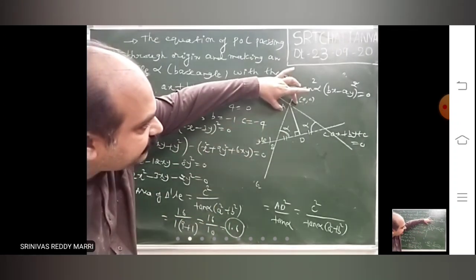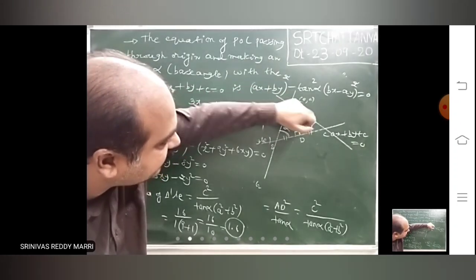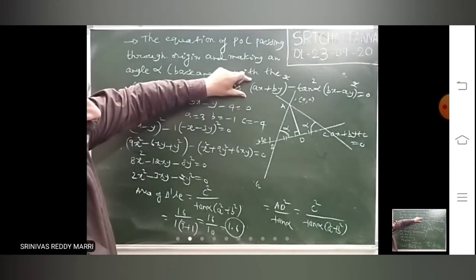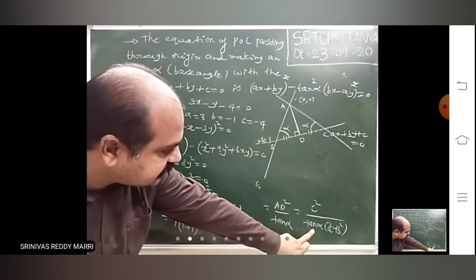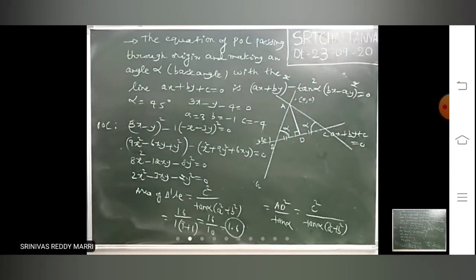Like that, whenever you want the pair of lines which make equal angles alpha, find alpha, then find a, b, c, and then substitute in this formula. If asked for the area, directly use this rule to calculate the area. Very important model this is. In the question, a line will be given and an angle will be given.